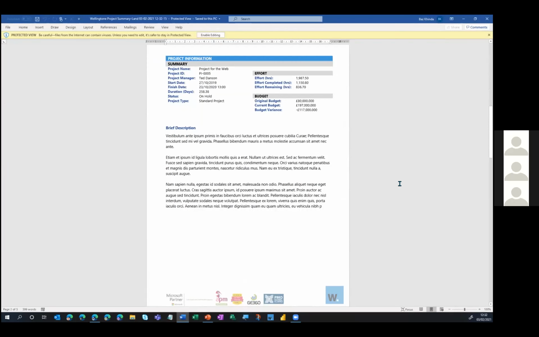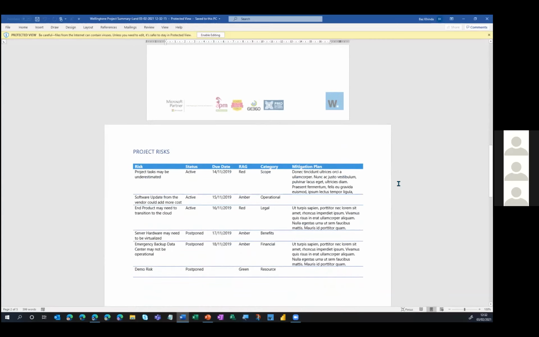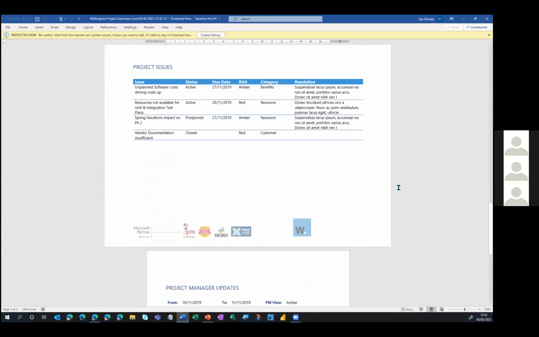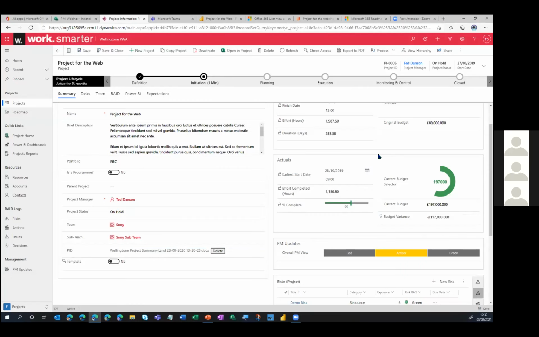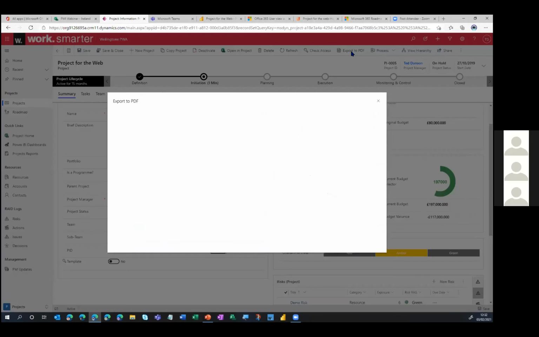And you can see that it's extracting the project information, the description. It's capturing all of the risks, issues. This, again, is something that we've set up to illustrate what can be done. And literally, you can pull out any detail that you want from this. We can also choose to export it directly to a PDF rather than a Word document that could be edited. So this preview is going to load up.